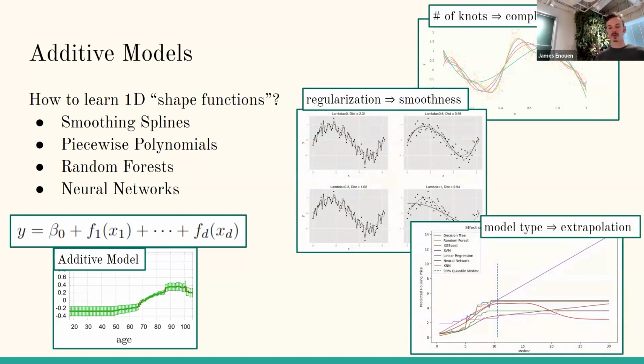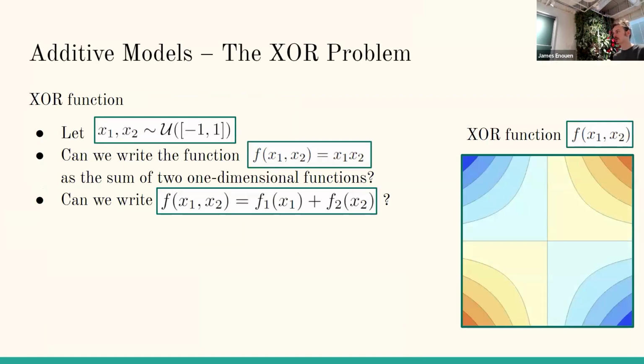But let's say that we just use neural networks and train as we will. Then are we done? Do we have a sufficiently capable model to fit all of our data? Unfortunately, the answer is no. And that's because of the XOR problem, the classic problem where we can't just fit a linear function.